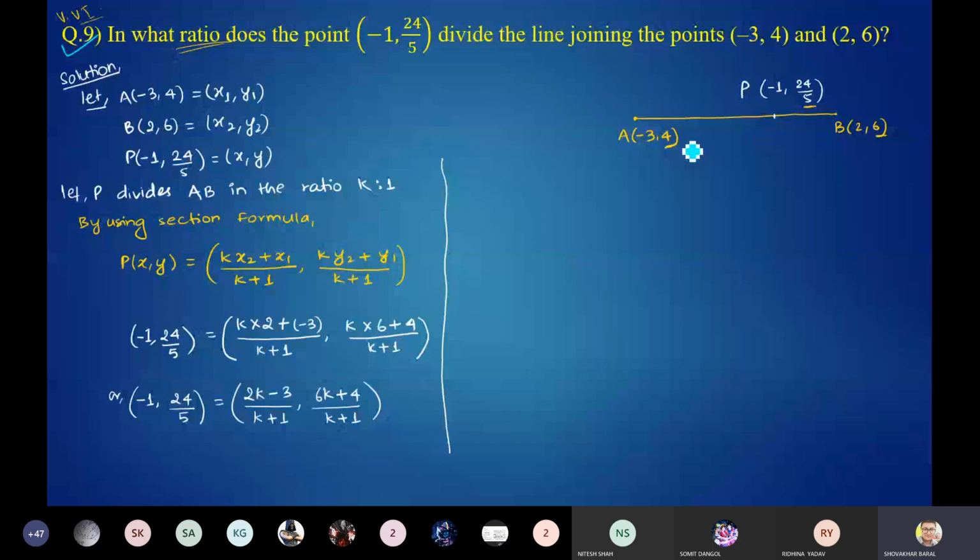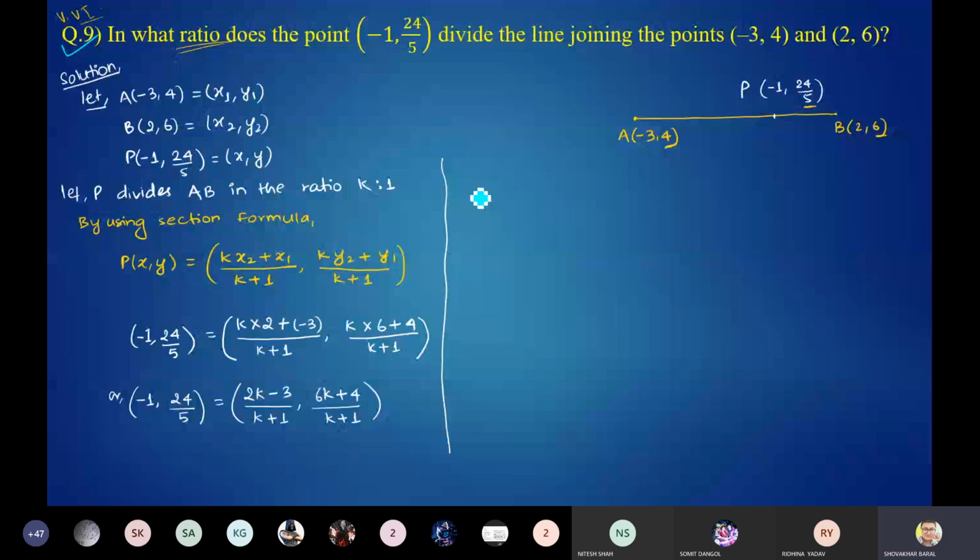-3, -1 is 2. So you can compare either the first component or the second component. Now if a question gives something like -1, x, -1, a or a, 1, a, 24/5, then you compare using the one that has a number, to find the ratio. Here both have numbers, so you can compare any one. So comparing